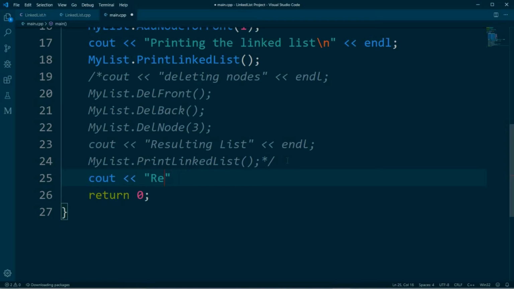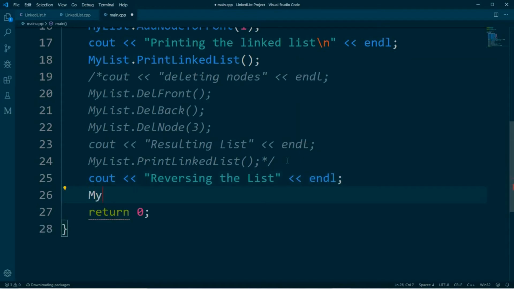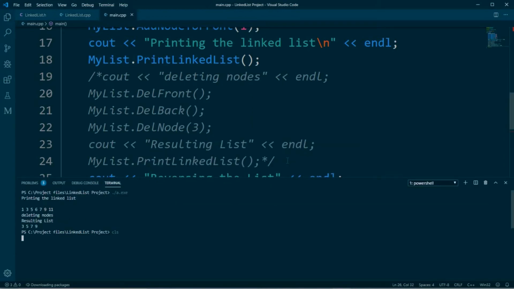So we want to comment out the few functions we ran in the previous videos, and we want to print out the statement reversing linked list before we actually call the reverse linked list function on our linked list. And so we'll call the function and compile the code